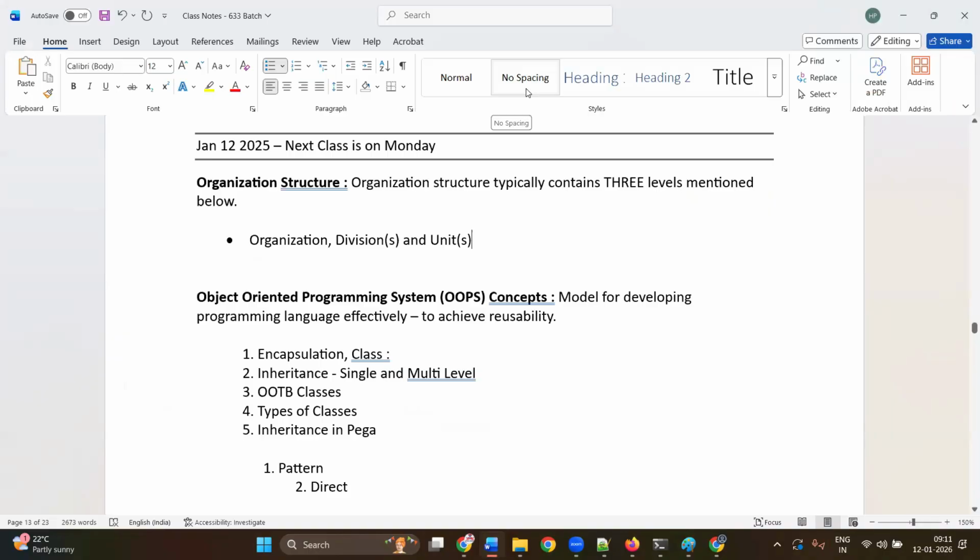Harsha, just to clarify, when you say anything, anything means rules, right? It can be anything, rules or anything. In Pega, terminology is rules. It can be functional components. You can understand any functional components or attributes, anything. Sure, thank you. Okay. So now object-oriented programming system concepts we need to know.